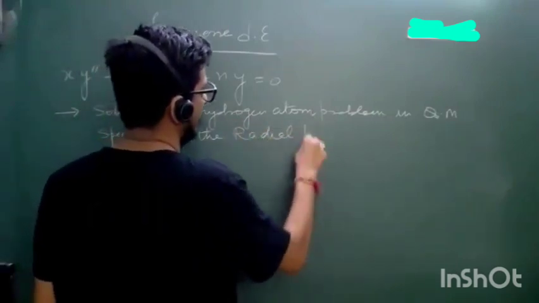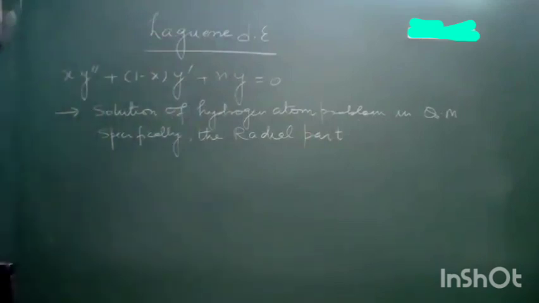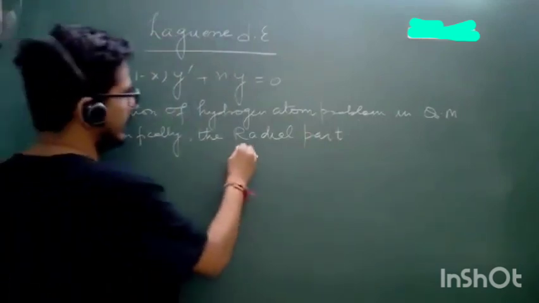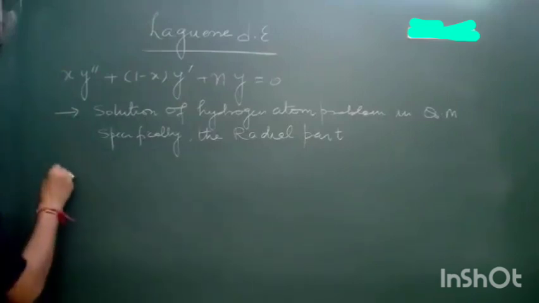When you do the variable separation, the radial part is converted into this Laguerre differential equation,